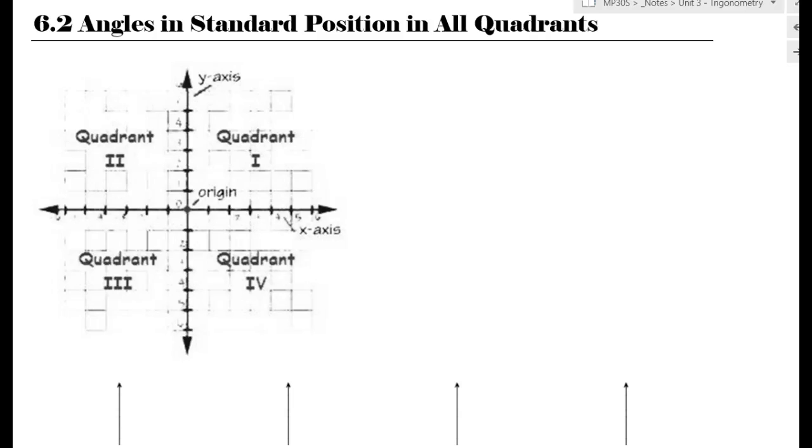Welcome to lesson 6.2, angles in standard position in all the quadrants. So up to this point, we have focused strictly on quadrant 1. That is looking at between the positive x-axis and the positive y-axis, which is where you started graphing a long time ago. So it kind of makes sense that we start again there. And it's also the numbers that we usually count with, positives and so forth, and angles between 0 and 90 degrees. Today we're going to look at quadrant 2, quadrant 3, and quadrant 4, and how they are related to